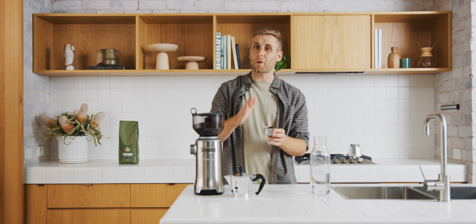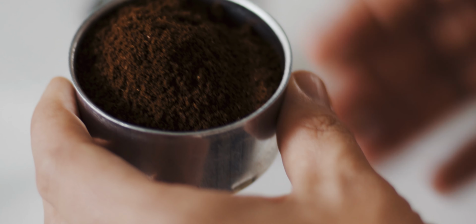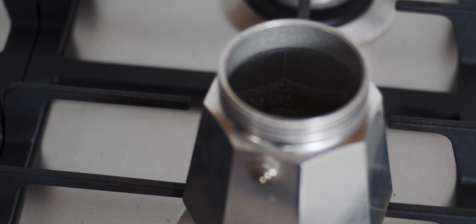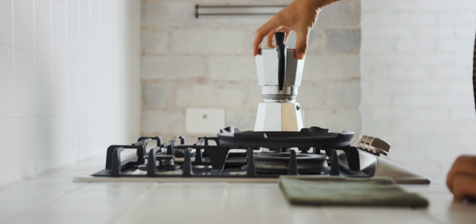Great, so you don't want to press down, you don't want to play around with this too much. Just a gentle tap along the side so the coffee sits level is pretty much all you need to do. If you press down, it's really going to slow the extraction. That's something you want to avoid. So you place your basket into your brewer and reduce the heat. From here, you use the top of the chamber,